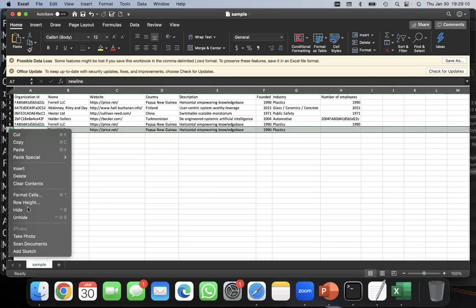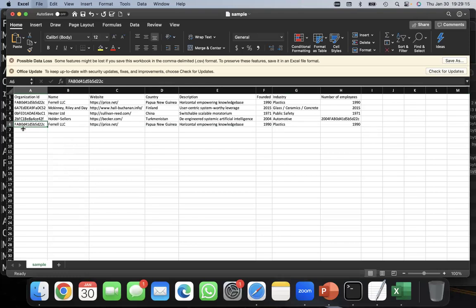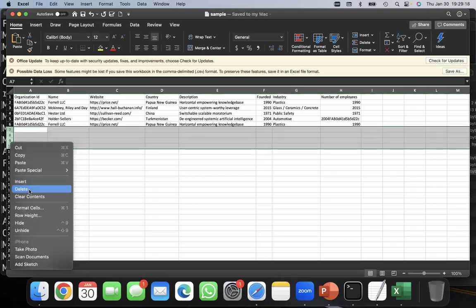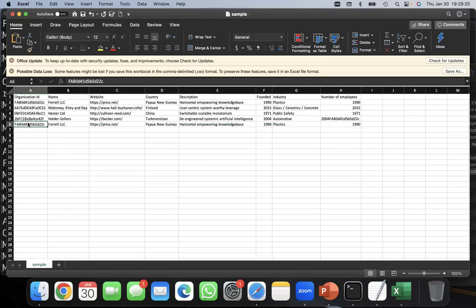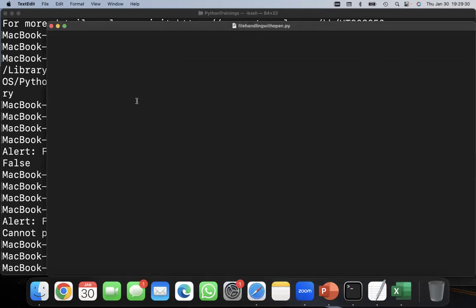So let me just delete this line. Okay, this is my header and these are the 5 rows of data that I have here, right? So let's say we try to access the file. Open was like you define an object and then equal to open of the file name, right? So with open is similar to it, but as the name says, with open of what is my file name,